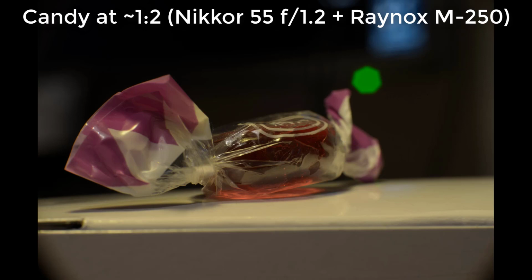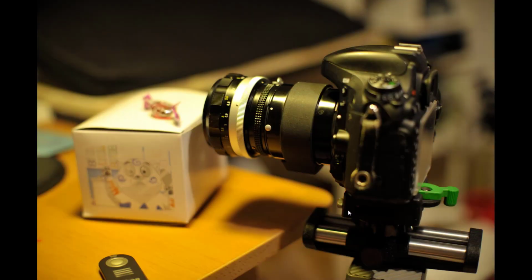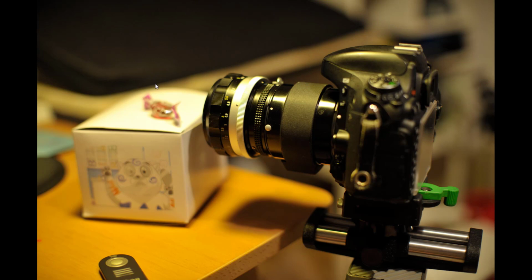Then we test also the extension ring here. So here you have the image of when I take the same photo with the extension ring. I have one of, well, this one is 52 millimeters, just to get 1/2 reproduction ratio. I use a 27 millimeters, so it will be a bit shorter here, but